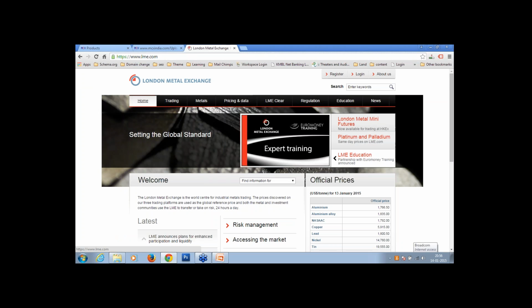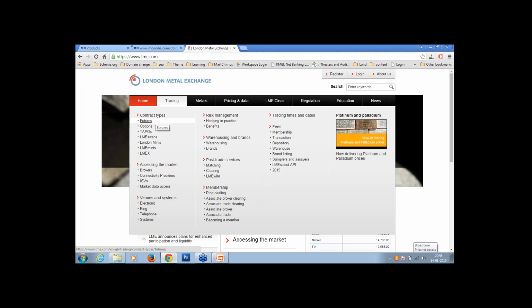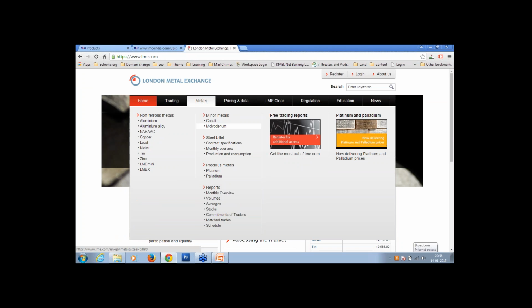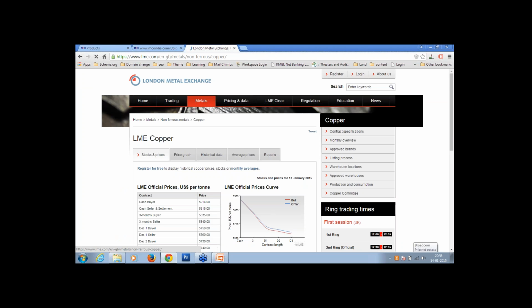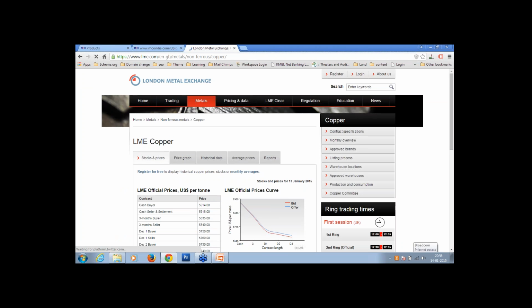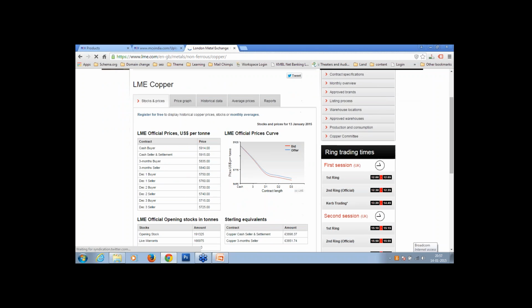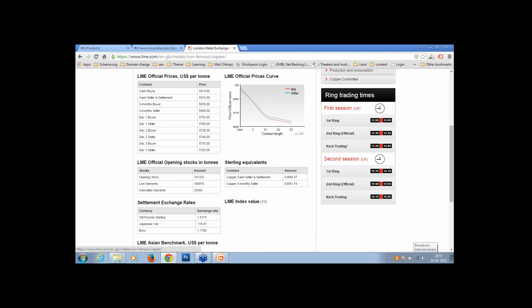and we have home trading, contract type future, options. We have options, commodity options also being traded over London Metal Exchange, and then the futures we have metals. You have so many metals being traded. Okay, so let's take out copper again here. So we have the LME copper price, okay, for the exchange,